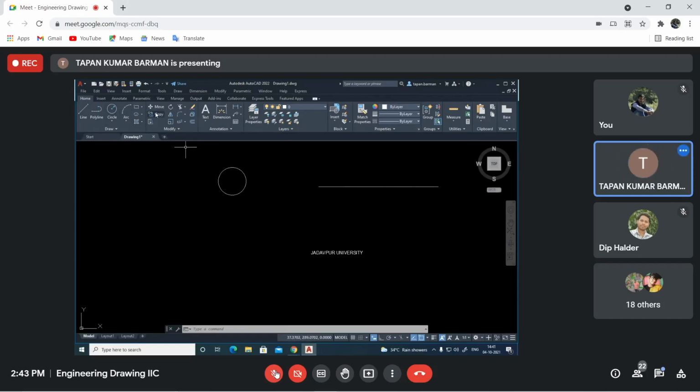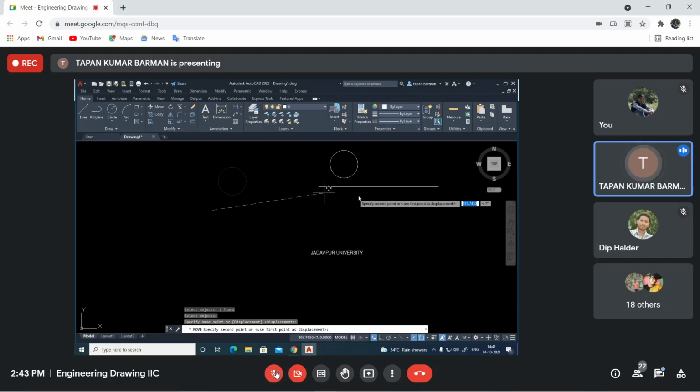Then if I take this move command, select this, enter, specify base point. Say I am selecting here at the base point. Now see, it is not possible to place accurately at the end point of this line. Do you understand the problem?